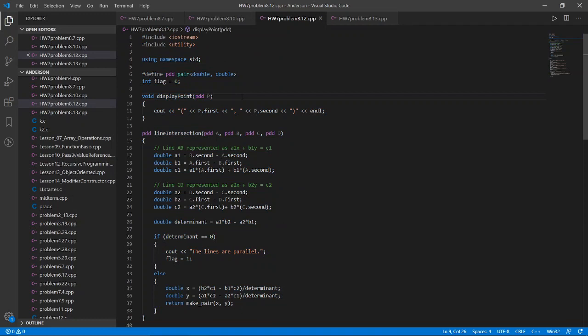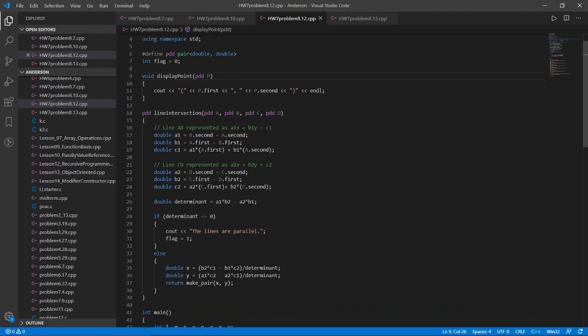The third one was probably the most tricky. Unfortunately, I had done a program like this in the past. I was able to use this struct function basically, which makes working with ordered pairs much easier. So pair, double, double is where PDD comes from, and that will equate and allow us to set ordered pairs